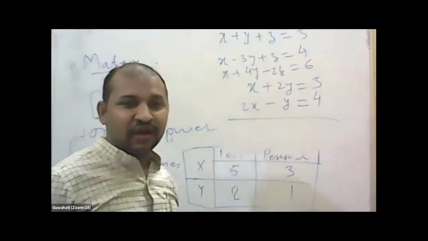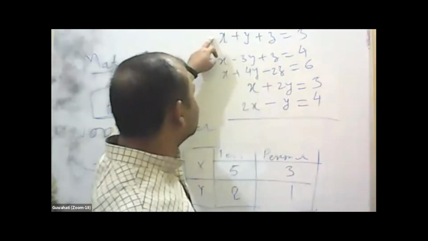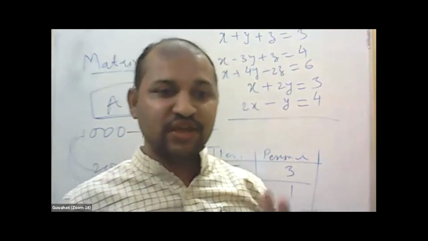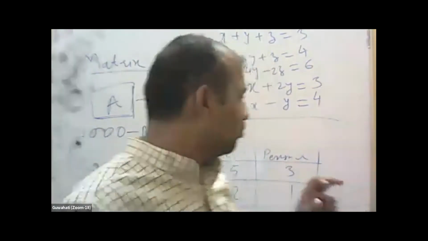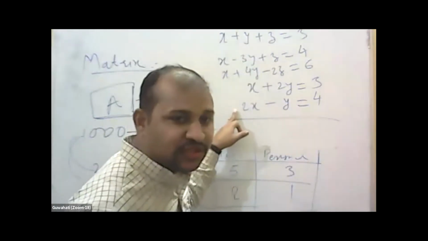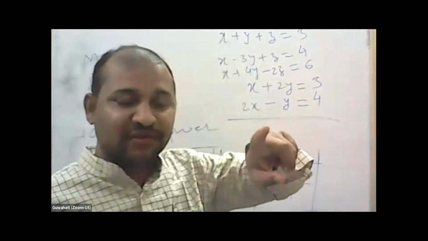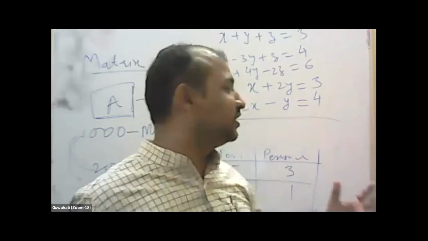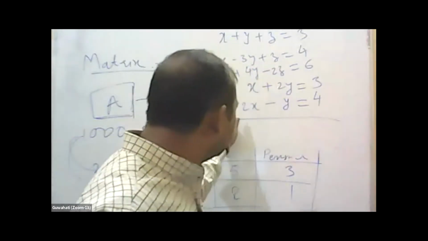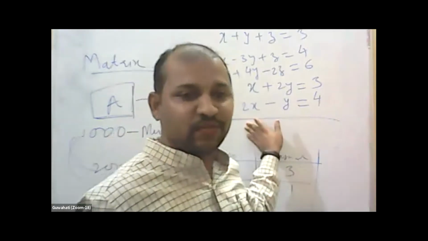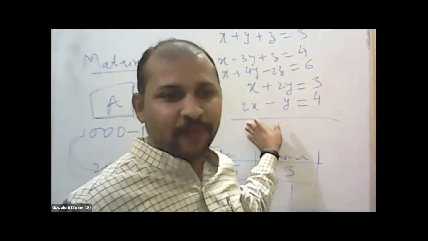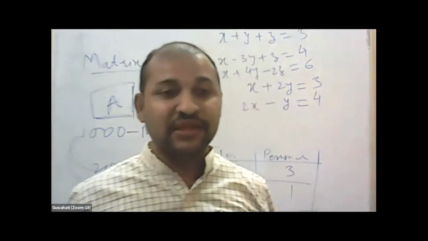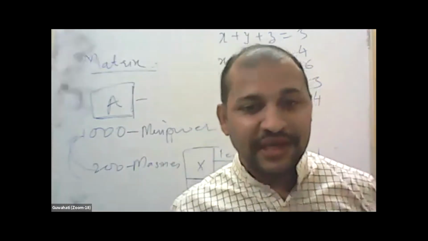Now how will you solve? Again what will you do? Again, first you will try to cancel one variable and convert these three equations into two variables. Then, after two variables, again you will use this procedure and try to find the first variable. So how complicated it is, right? Rather than doing this, we can simply convert these equations into matrix form and solve, right? In this way, the usefulness of matrix will increase.